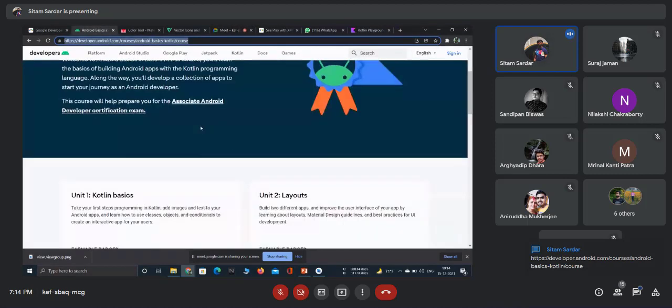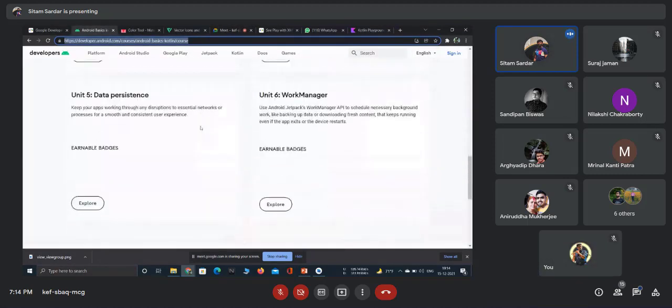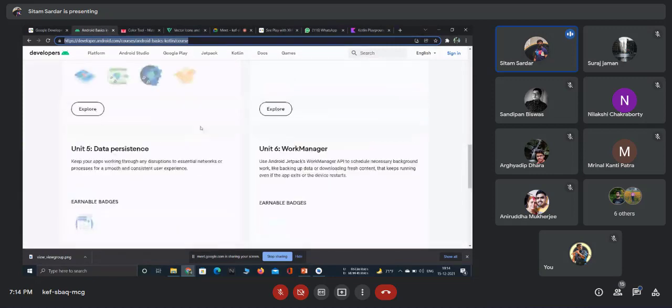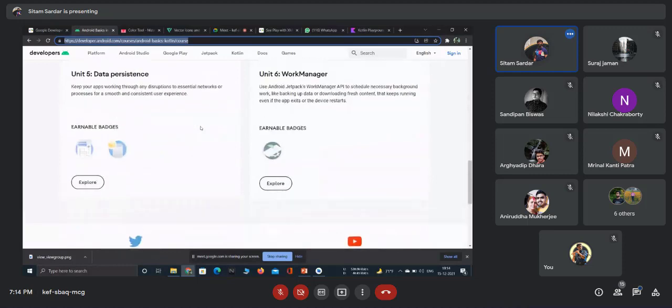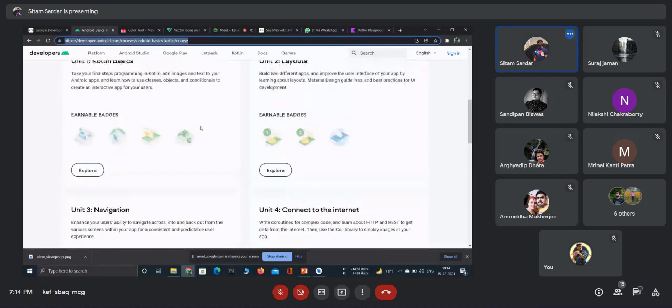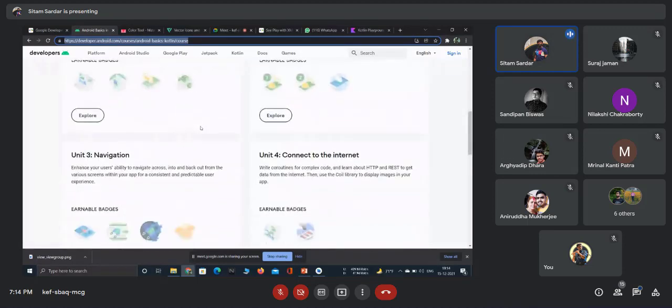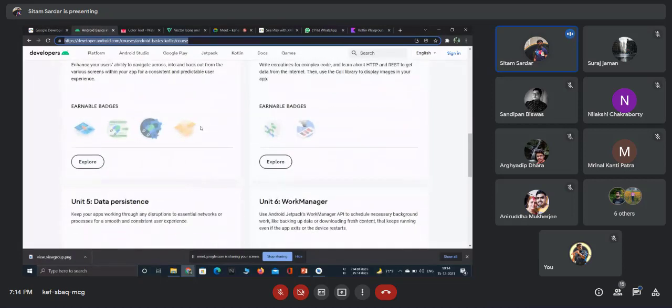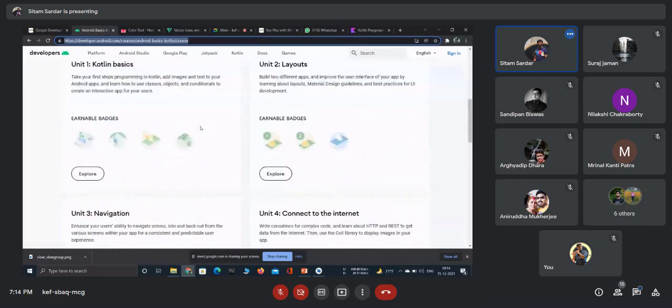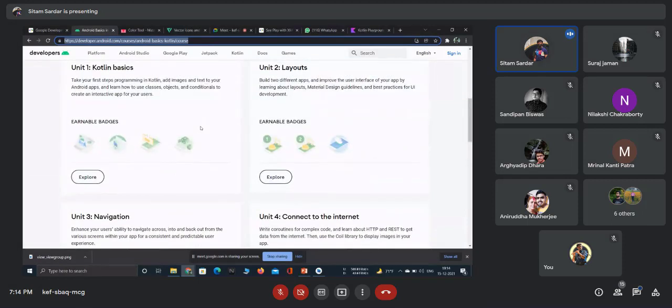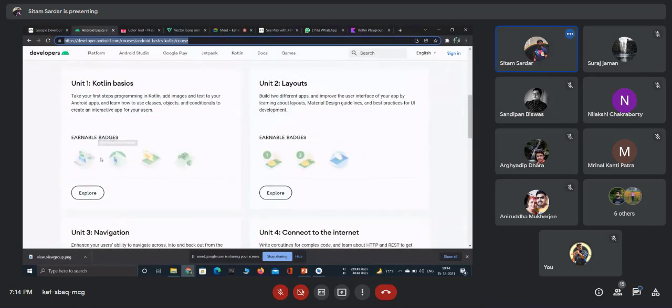In this course, you can see there are 6 sections, and over the 6 sections there are a total of 16 badges to collect. Some topics are a little bit advanced and some are easier. It's up to you. If you collect these 4 badges, then we will give you a level 1 certification.